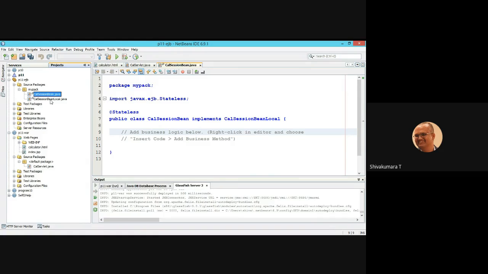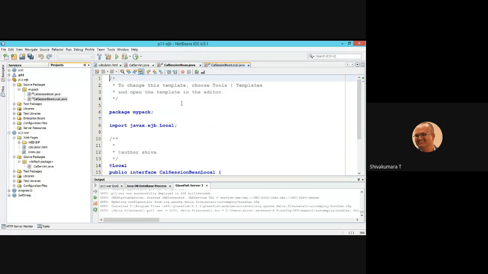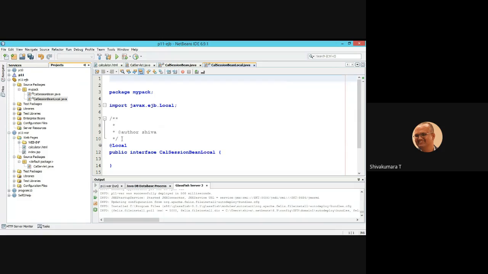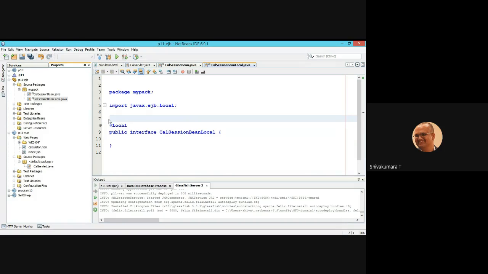You created CalSessionBean, and while creating it you selected the interface, so the corresponding interface is created as another file called BeanLocal. So double click on that BeanLocal, observe the code. Interface code is given. The template of that interface is given.